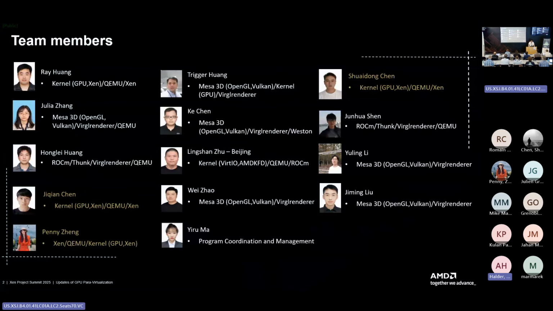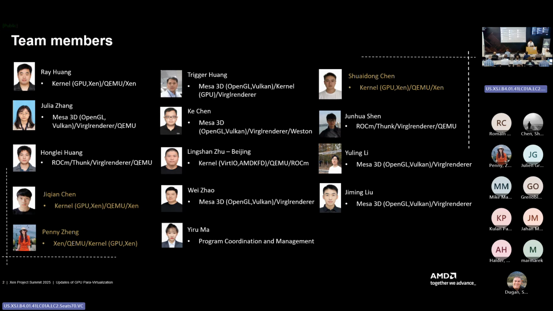These are our team members who are working on this solution. We are from Shanghai and Beijing, China, and work closely with the Perfetto team to deliver this solution. Some of them are checking on things in the kernel, QEMU, and Xen. They are not only delivering the GPU Para-Virtualization on Xen, but also contributing to the Xen safety function solution for the automotive area together with Stefano's team as well.